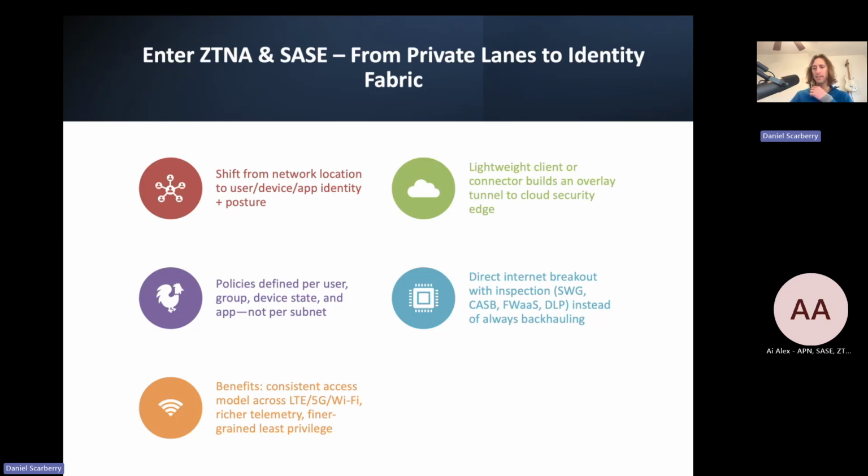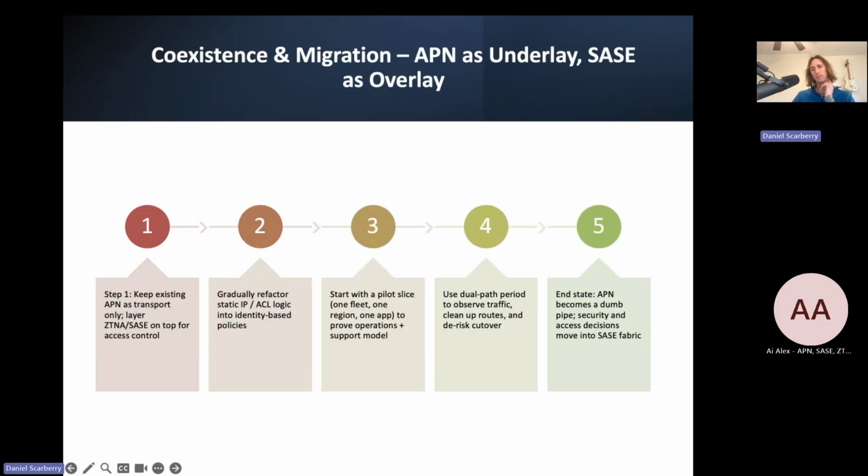Very cool. What does ZTNA give you in terms of posture checking that an APN just could never have touched? Yeah, absolutely. So one of the big things ZTNA really brings to the table is that it can look at device posture in real time. In other words, it can check if a device has the right security settings, if it's got the latest patches, if the antivirus is up to date, and all that good stuff before it ever grants access. And that's something a private APN just can't do because an APN is really just about